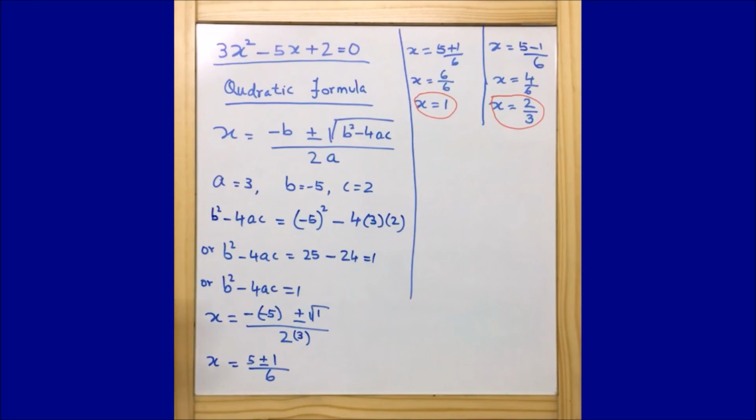And guys, by this time we know there are three formulas. One is quadratic formula, one is completing the square formula, and one is by factorization method. Unless and until it asks you to use any of the formula, you can use any formula that you feel comfortable, and you can move ahead and find the quadratic equation. But specifically, if question asks us to use any of the formula, then you need to use that specific formula and find. Otherwise, you move ahead with the formula that you feel comfortable.